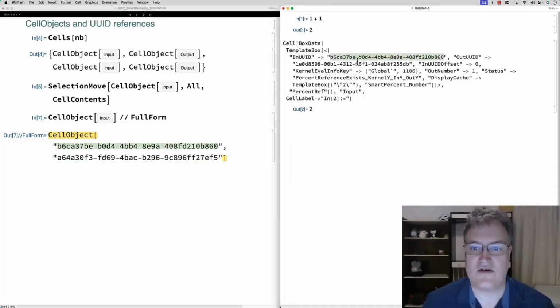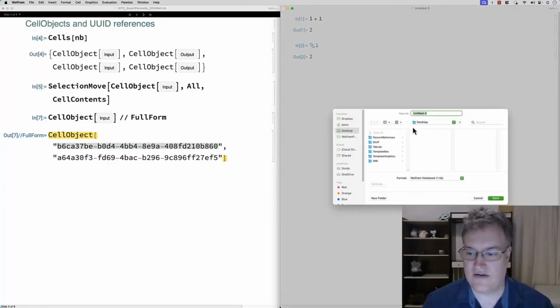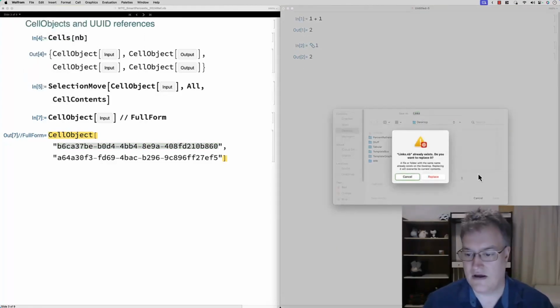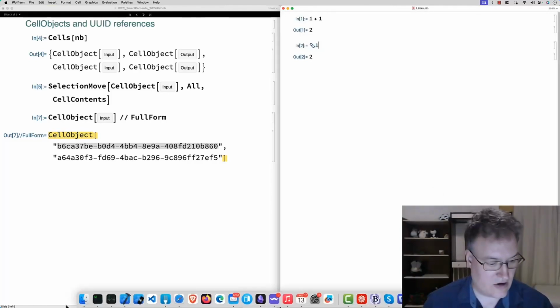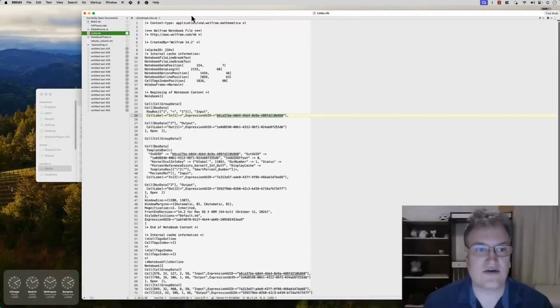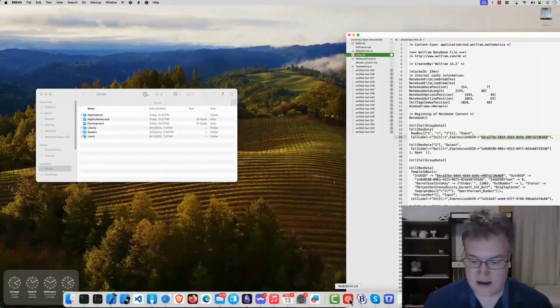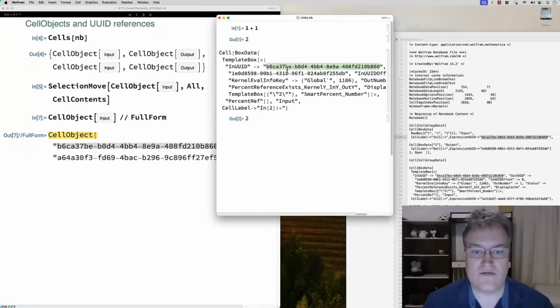And in fact, this notebook, if we turn around and save it as on the desktop, links, and replace the current one, and we go there, and then we open this in BB Edit, and take a look at the same time, and go back here, look at there,